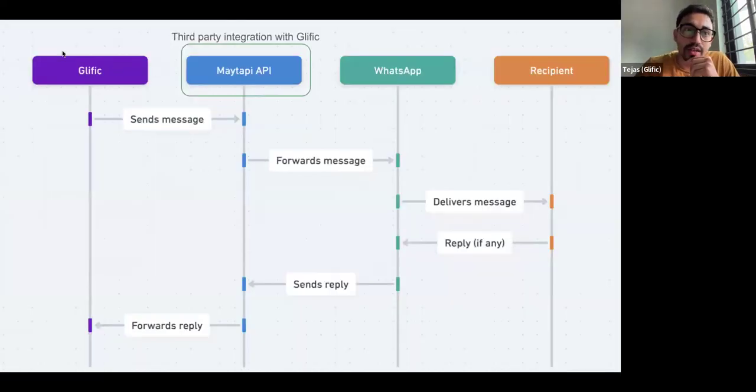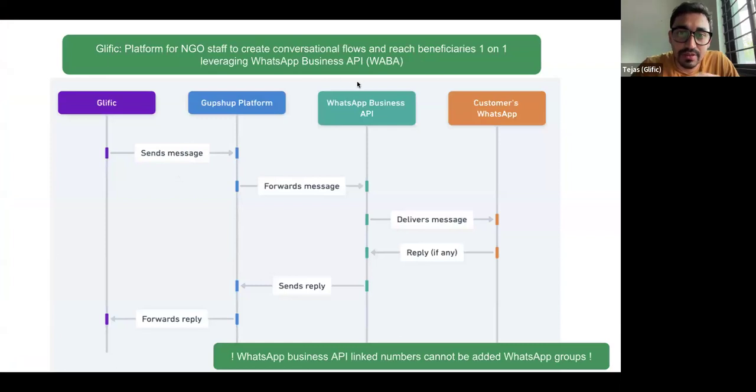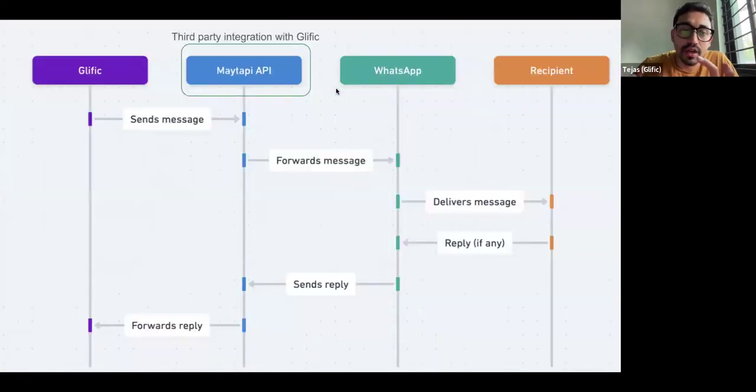Apart from the architecture I showed earlier, which is mostly the official offering of the WhatsApp Business API, we have also built in the Glyphic platform a third-party integration called MateAPI. NGOs can then use the Glyphic platform to create and receive messages, and all this happens in the background.